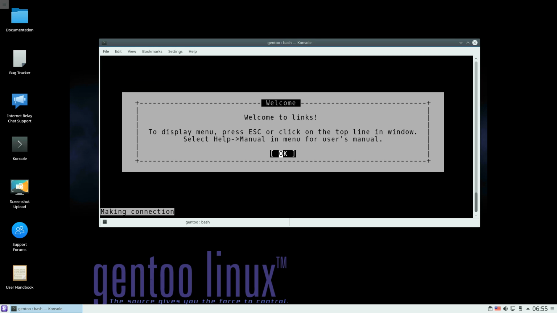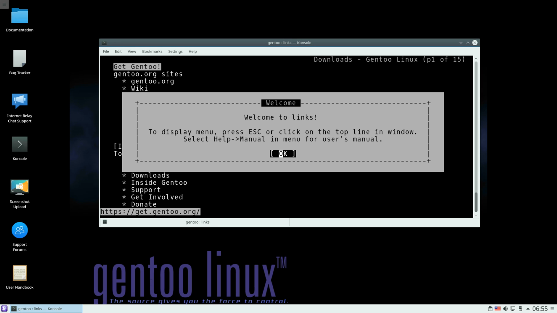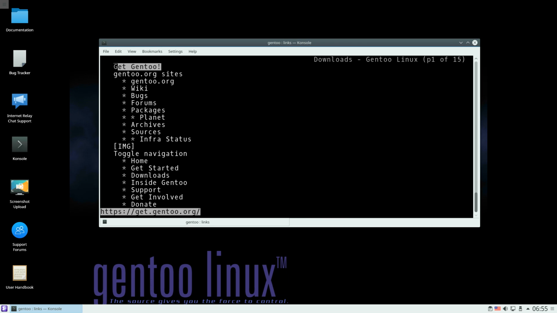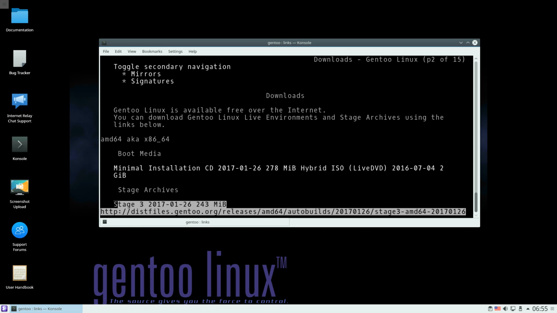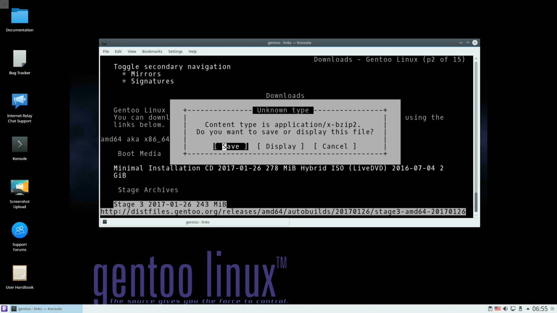www.gentoo.org/downloads. And this is the old-fashioned text-based web browser. From here, we want to go down to downloads, and we want to download the stage 3. It's pretty small, 243 megs, so it'll download pretty fast. So we save it,